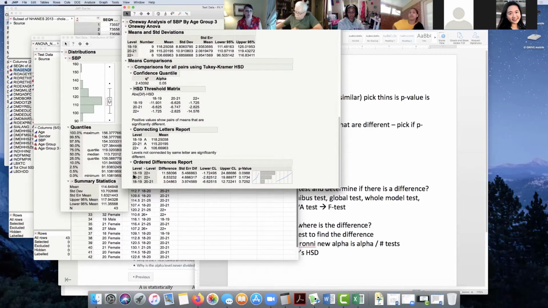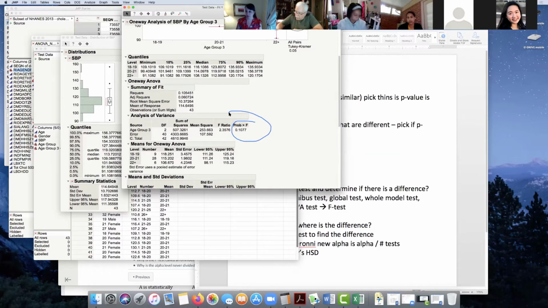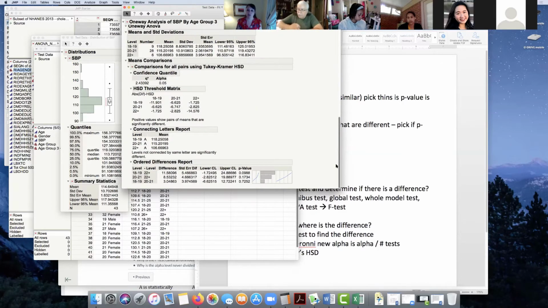It's going to tell you if I compare 18 to 19 to 22 plus, here's the difference in means, here's my confidence bound about that difference, and then here's my p-value. So we're not surprised here to see that none of these are significantly different at a 0.05 level, because we already knew they weren't different. But this is what Tukey's does: it does the comparisons and makes the correct adjustment so you can report these p-values. So it gives you each of the individual results.